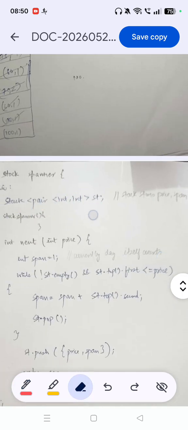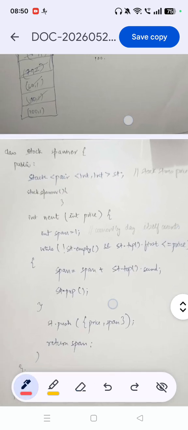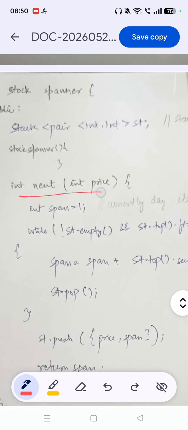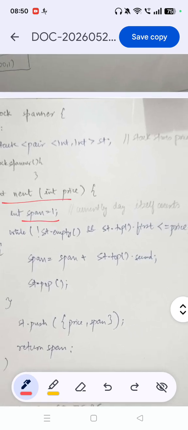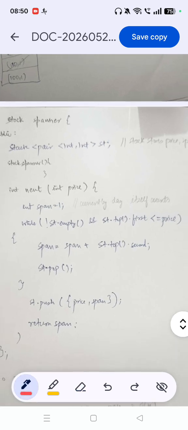In this function, initially span is 1, meaning the current day itself counts, so span equals 1. Then while the stack is not empty and st.top.first is less than or equal to price,